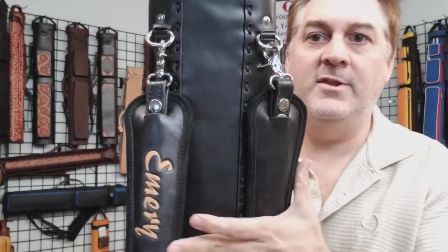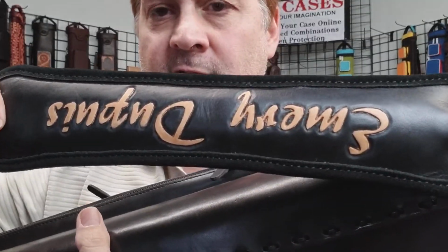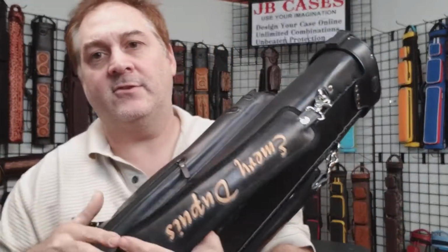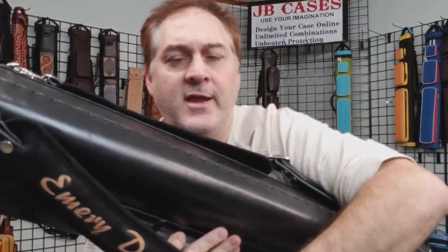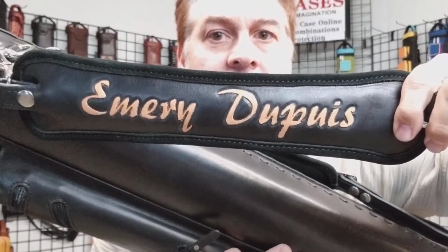That was another thing Jim did, which was pretty cool, is he did a lot of cases with backpack straps. So you guys can see the tooling there. I think we might possibly still have to color it. Let's see, it's Emery Dupree, I think. There we go. So I think we still have to maybe color that. I don't know. But anyway,